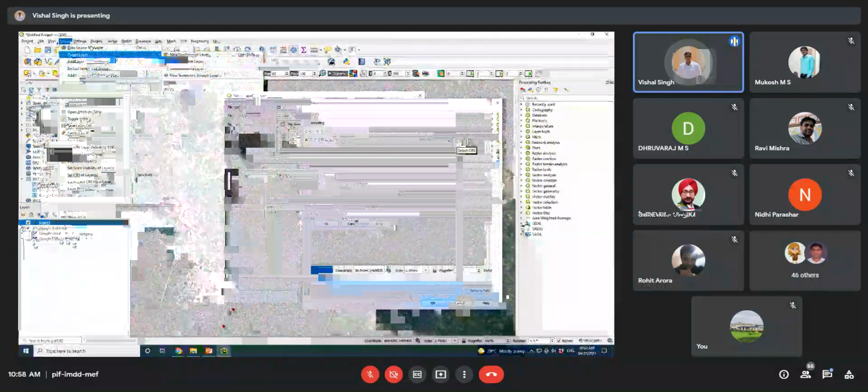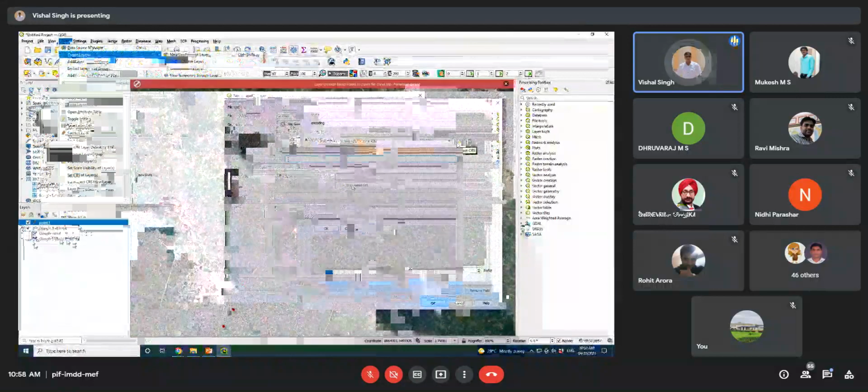So I will provide the same one. Now I can see that this is the projection system that we are using. Then a new field I will add here, canal, and I will put the text data. Yeah, and 80. That is fine. And I will click here, add to field list, and click OK.